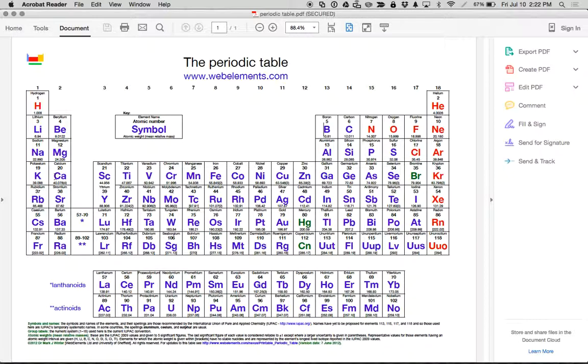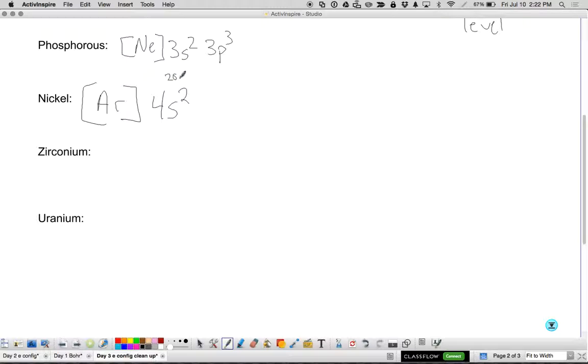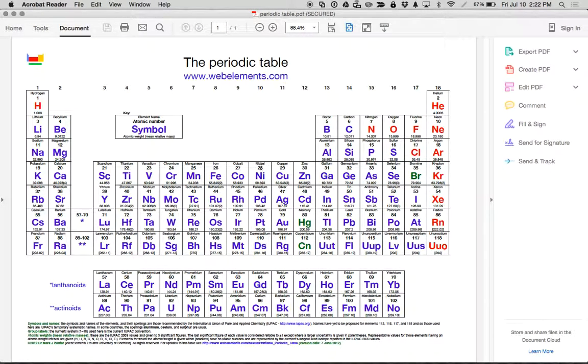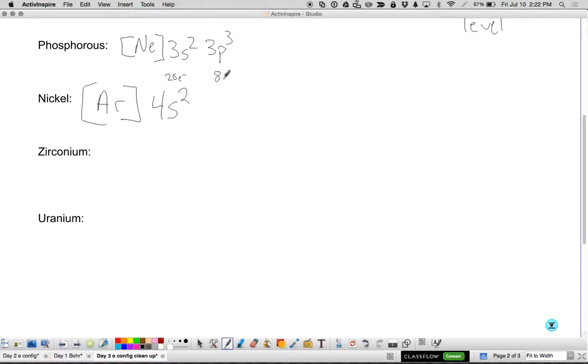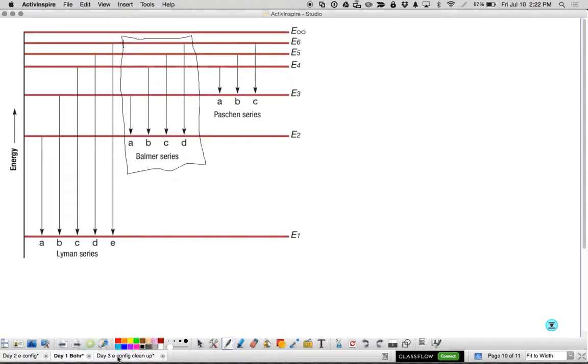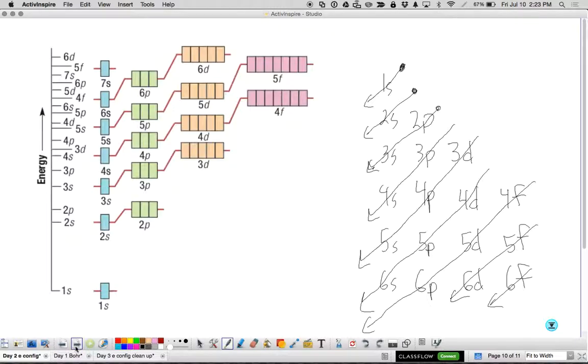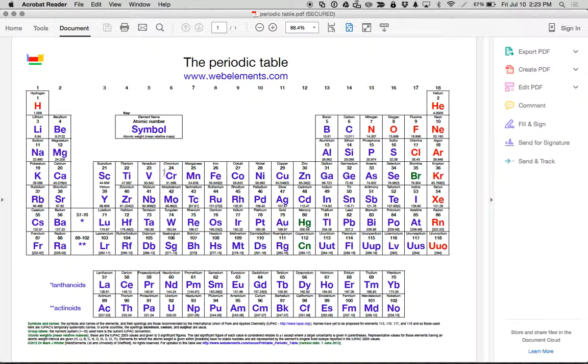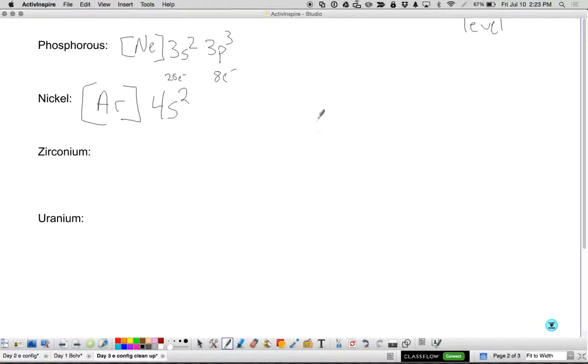Now, okay, so argon's got 18. I did 2 more. That gives me 20 electrons. And so nickel has 28, so I need 8 more electrons. Okay, well, after the 4s2, if I look back here at my shortcut, after the 4s, we actually go to the 3d. Okay, so this is the D, these transition metals here, these are the D block. Okay, so in the D block,